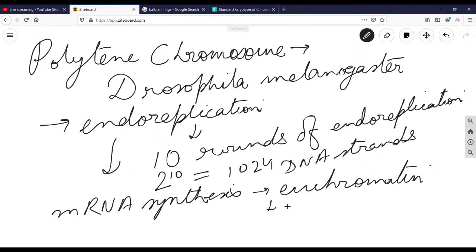Euchromatin, so high transcription rate or high expression rate, you can say, expression and transcription,